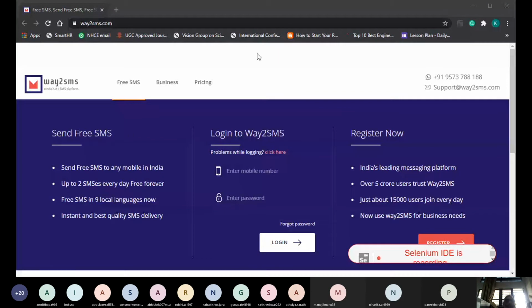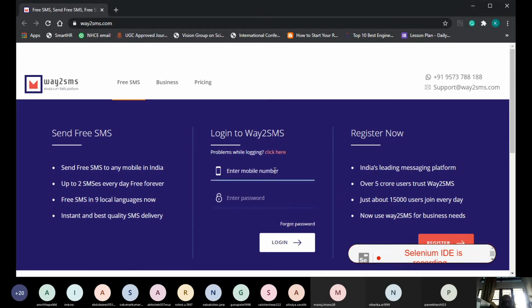Whatever you are doing, see, we are going here. You are clicking on free SMS. Okay, you are just moving your cursor. You're going to business, you're going to pricing, you are referring your mobile number, something. You are going here. So let us not log in. For example, I'll just give something. Okay, 954389565, some number I'm giving, and then I'm giving some password. Okay, I'm just doing something. Is that right? And then I'm saying you log in.